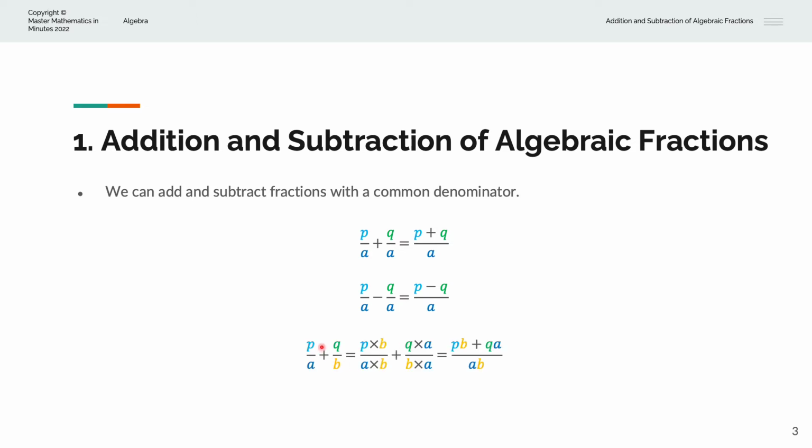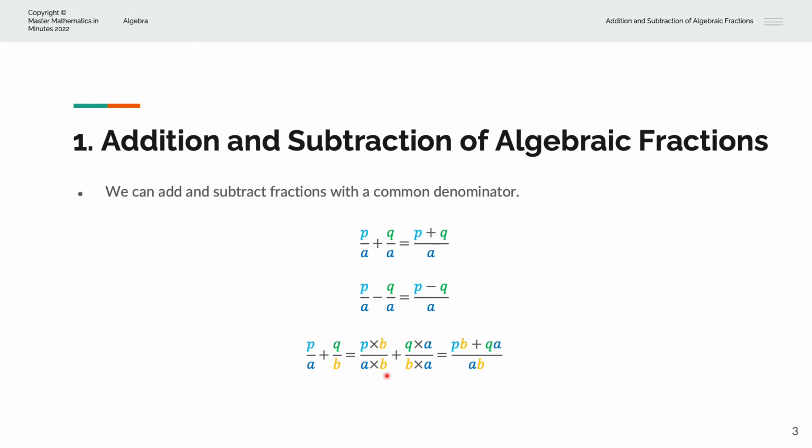So, now we have p over a plus q over b. We have a case where the denominator is different across these two fractions. So the way we can sum these fractions is to restate these two fractions using the same common denominator. Starting with the first fraction, p over a, we'll multiply the numerator and denominator by b. That leaves the value unchanged, but we have the term b multiplied on both